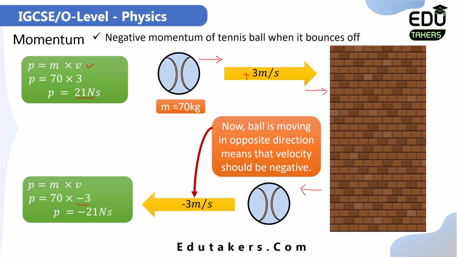In this way, you can easily calculate the momentum of the body when it is moving towards right or towards the left. But you also have to consider the plus or minus sign in the momentum, because momentum is a vector quantity. It has magnitude as well as direction. So it's a general trick for how you can calculate the momentum of the body, and also how you can regard the positive and negative momentum.